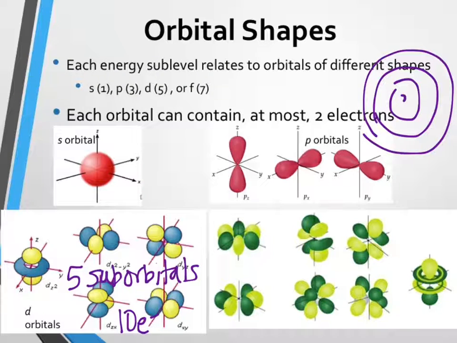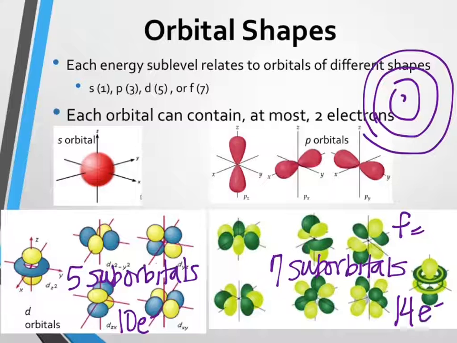The diagram. Yes. So do we have to know how many orbitals? I would know s, p, d, f. I would know that each one, s has how many suborbitals? 1. p has how many suborbitals? 3. d has how many suborbitals? 5. And f has how many suborbitals? Count them. 7 suborbitals. Hey, that's pretty easy. Each suborbital can carry how many electrons? Oh, so it's just the odd numbers: 1, 3, 5, 7. Yeah, 14 electrons.